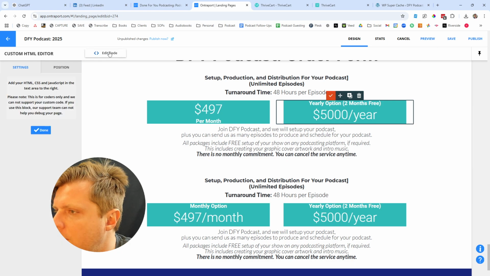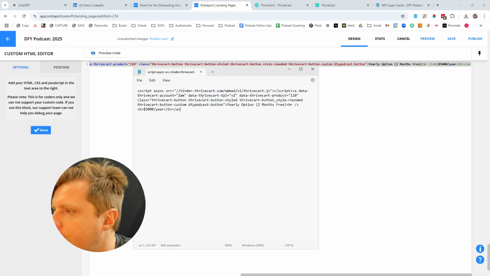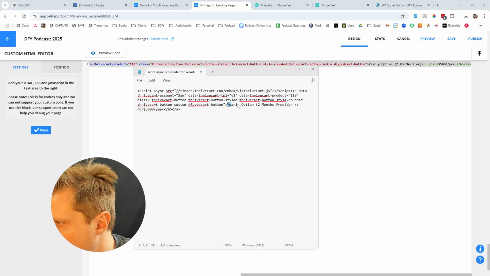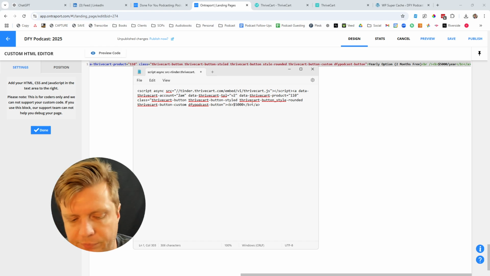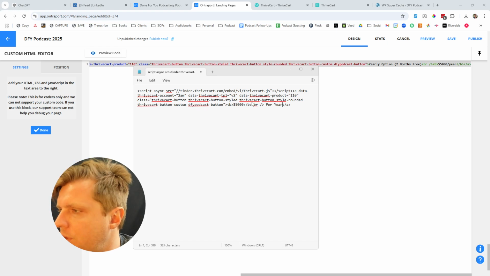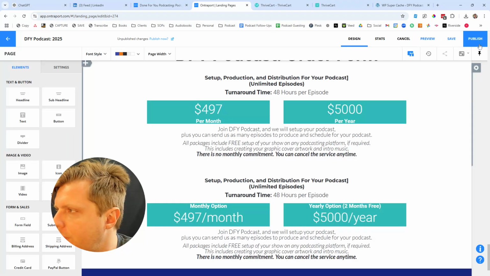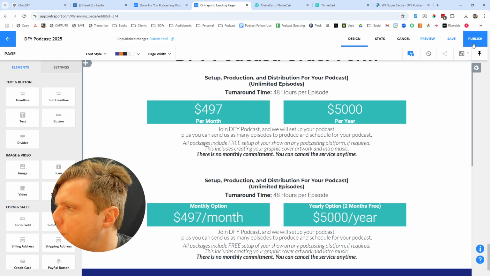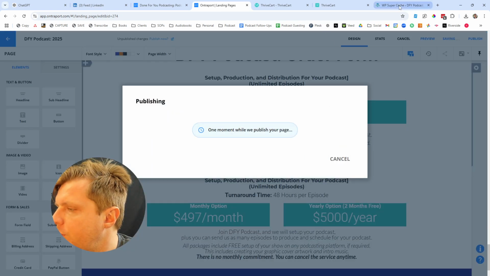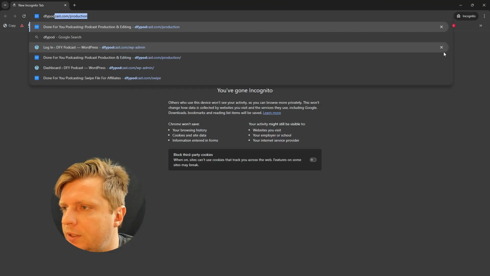And then let's try for this one. We can do 5,000 per year. I'm realizing also I need to test this button before doing anything else. So $4.97 per month, 5,000 per year. Click on Publish, Republish, delete the cache, and while we're at it, we can go to New Incognito Window, go